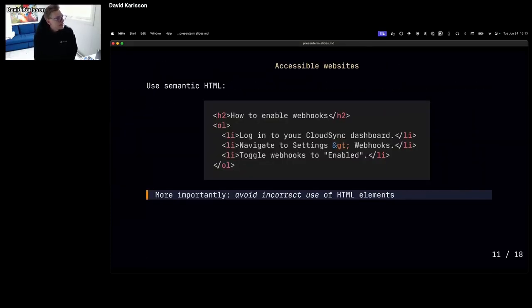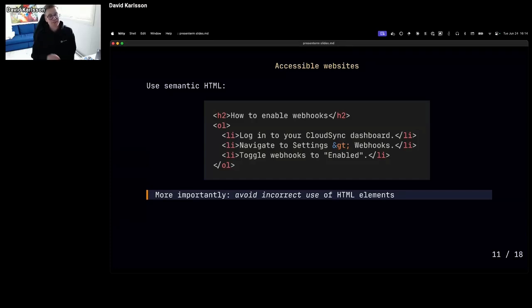So first up, this speaks for itself, right? Having an accessible website is great for machine readability. Use structured headings properly. If it's a step list, use an ordered list in HTML. This is going to help when you try to parse out content on the page and establish what that content means. And more importantly than just having well-structured content is avoiding malformed, badly structured content, because